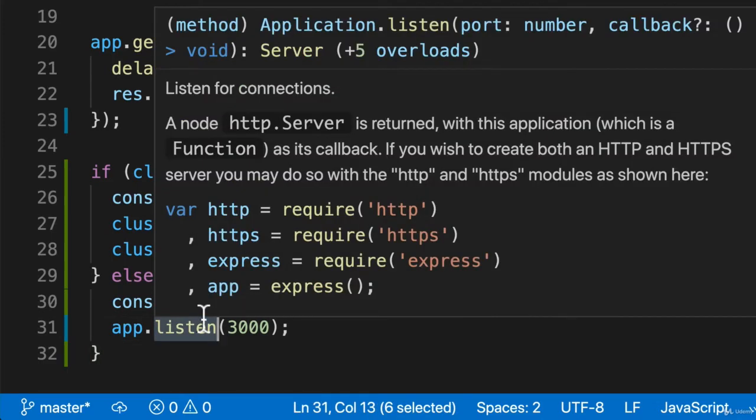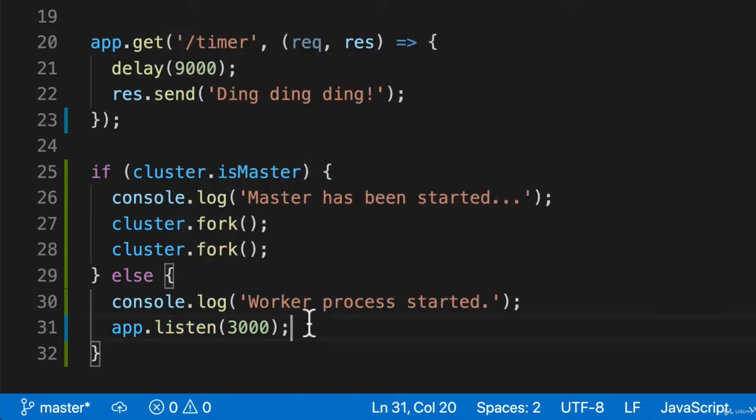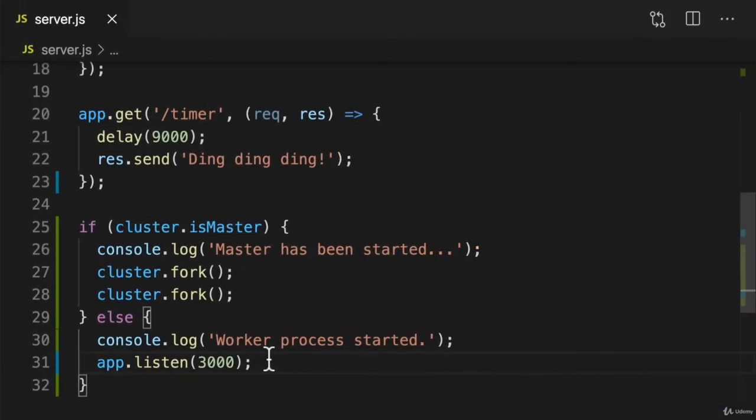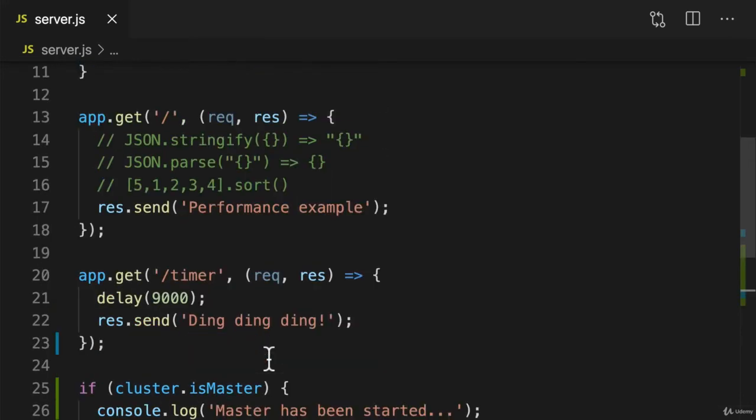Node knows that each of our workers will be listening on the same port, on port 3000. And the Node HTTP server knows to divide incoming requests that are coming in on port 3000 between the different worker processes. For each request, in our request handlers here, let's use our template string to send not just the performance example text, but also